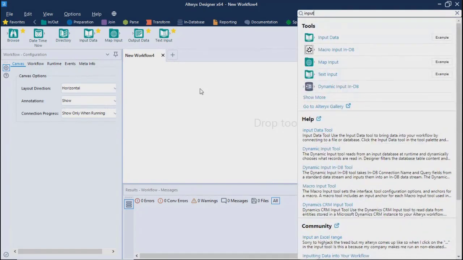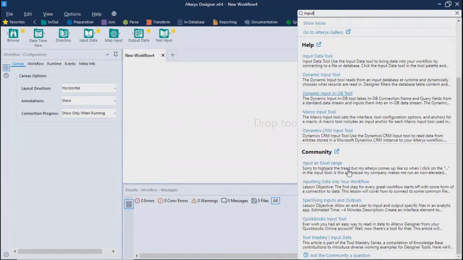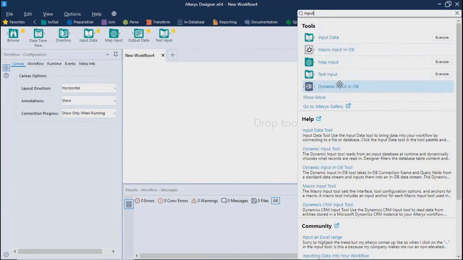The only difference will be that whatever examples you are trying to open, they will open from your system. But if you go to this help and community, it will open from the web. So if you're not connected to the internet, these things will not open. But examples you can open, because the related files for examples are already there on your system.